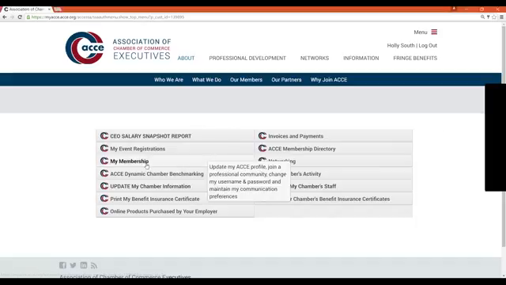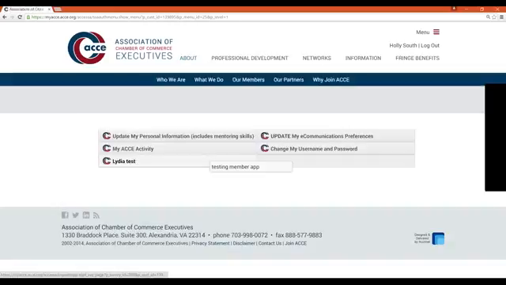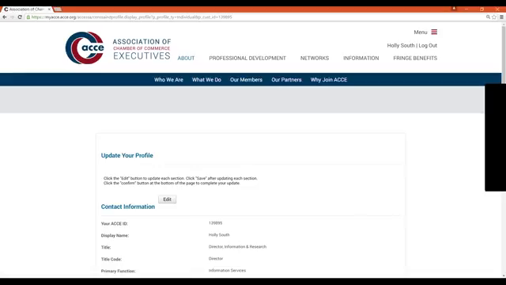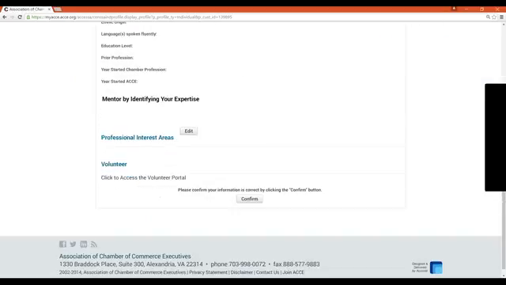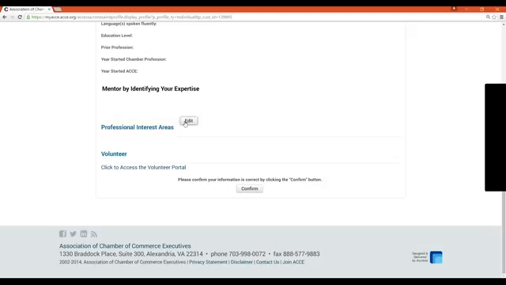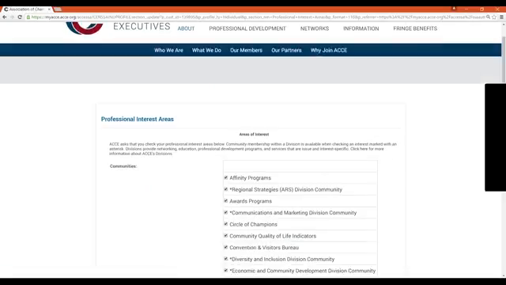So if you click on My Membership and then on Update My Personal Information, you can update your personal preferences, including your professional interest areas. That way you'll get emails from ACCE on roundtable discussions, webinars, newsletters, and other information areas of interest that are